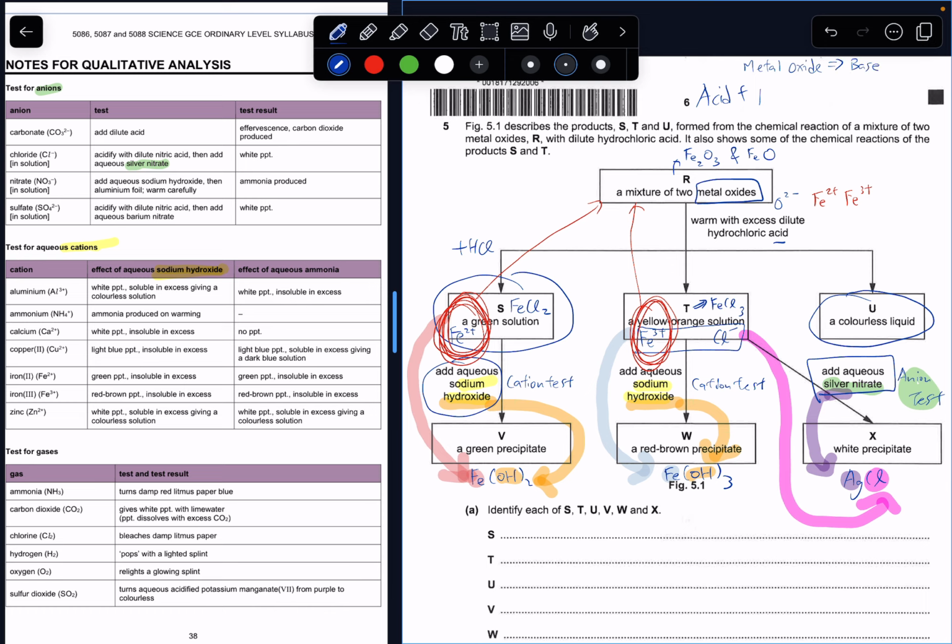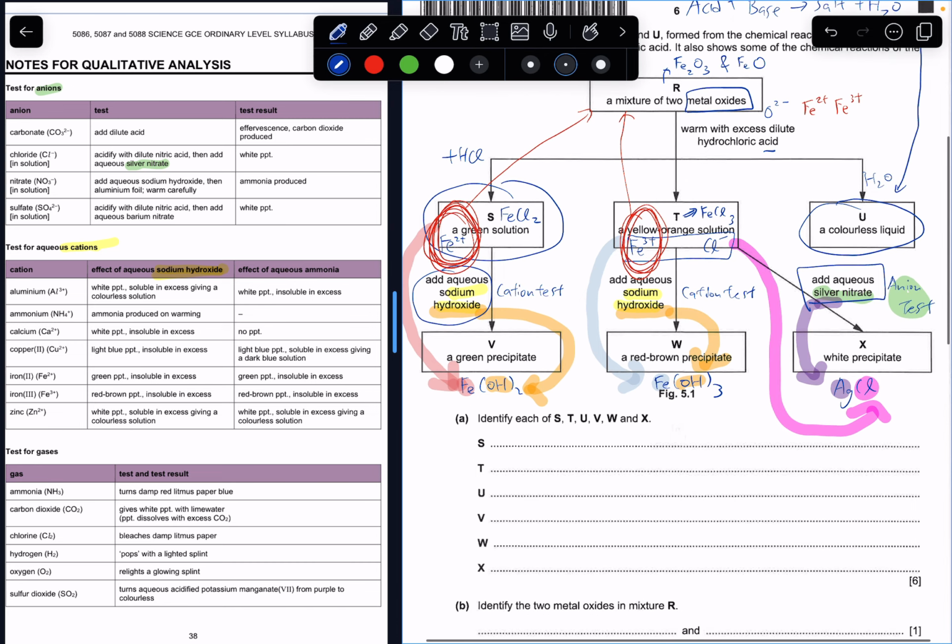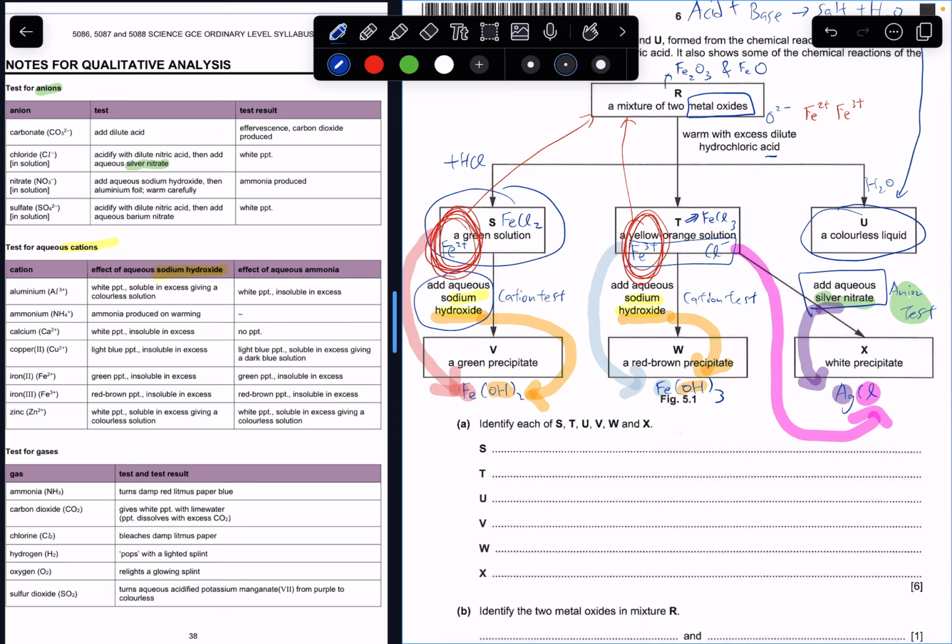So acid plus base gives you salt plus water. So this colorless liquid here is actually just water. With that, you have solved everything already. Normally for this kind of flow chart, this kind of QA question, I wouldn't bother about the questions. I'll just go and figure out the identity of all of them first. So therefore your answer will be S is just